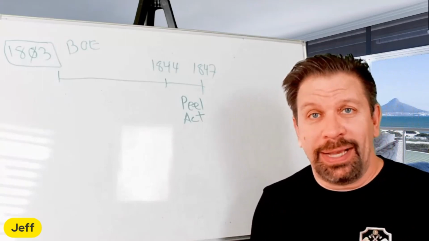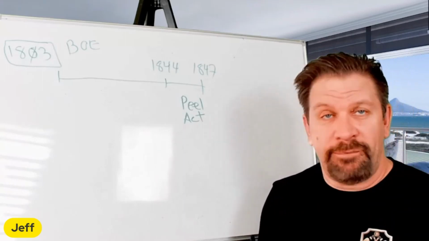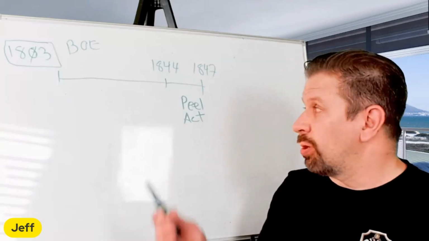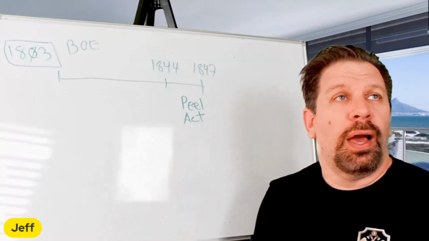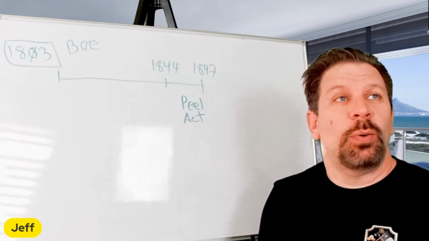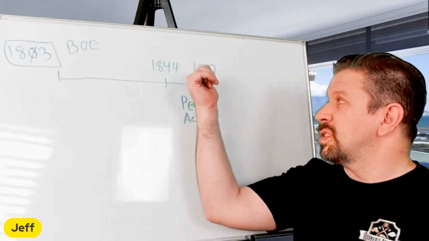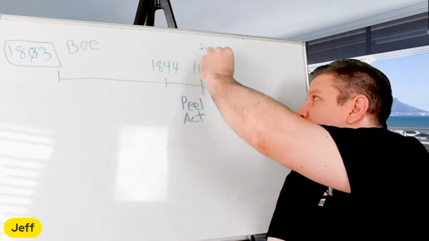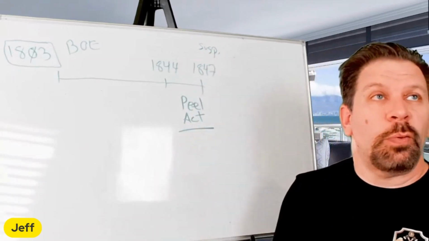Kind of happened in the past, yes, and banks did fail. Banks have failed over time. But as far as testing the actual gold standard, the closest was the Peel Act. It was an interesting story to dig into. But now, they suspend the gold standard essentially in 1847 by suspending the Peel Act. So now we move forward.